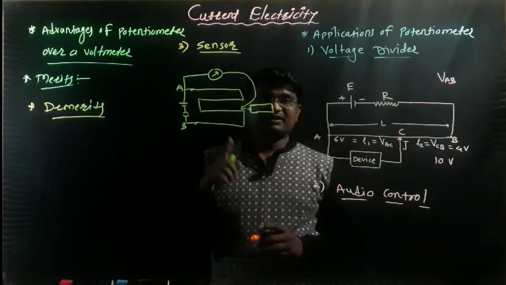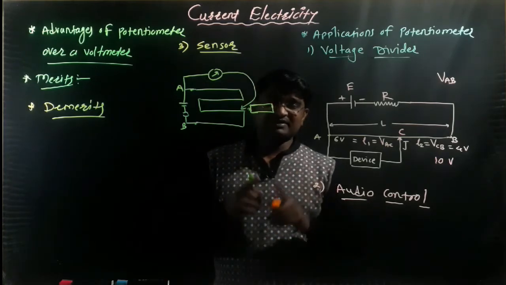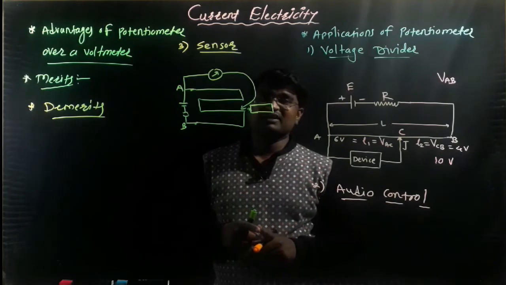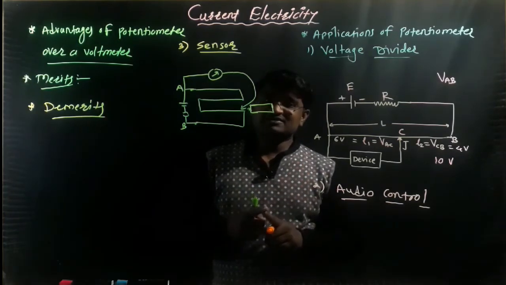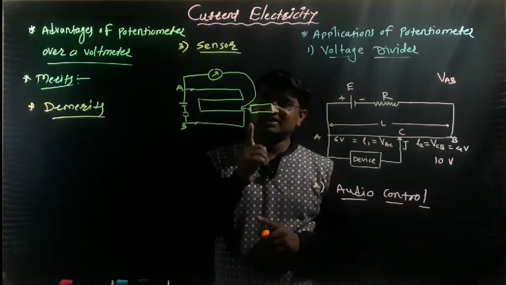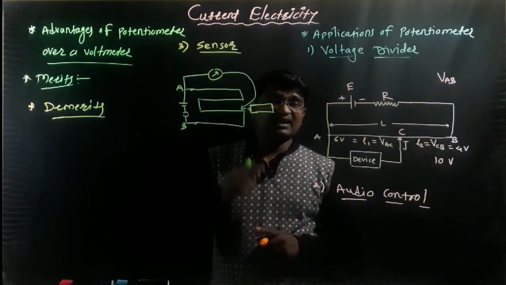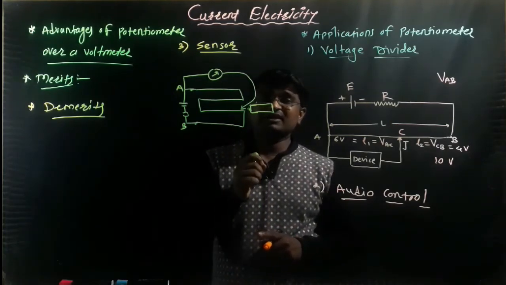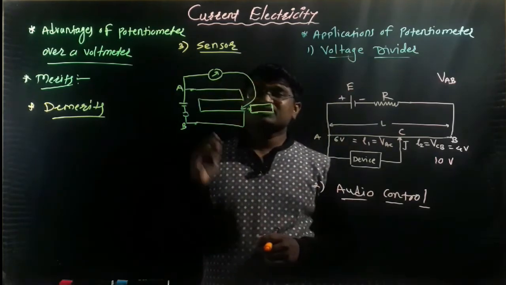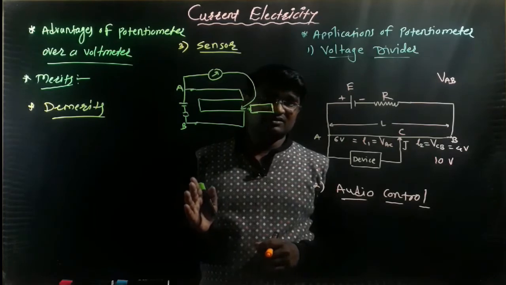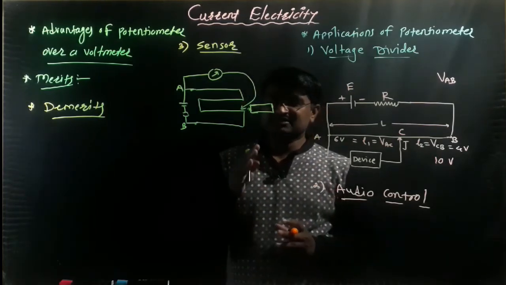Between the previous lectures and this lecture, we have discussed the potentiometer. First, its principle, which is a very important part. After that, you remember its uses: first, to compare the EMF of cells by the direct method and the sum and difference method. After that, we determined the internal resistance of a cell. And finally, we discussed its applications, merits and demerits. So this is the third important part of this chapter, the potentiometer. Its third part is over.